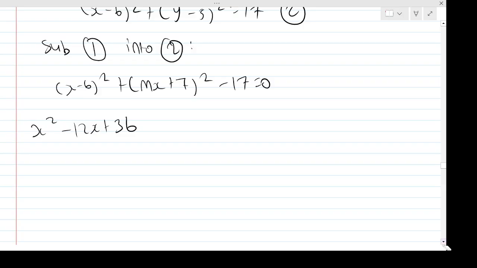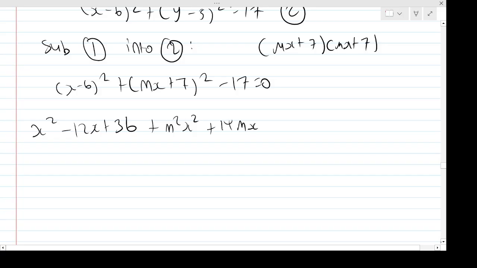Now, this is a nicer one because it's only 2 terms. I can do that in my head, but if you're a bit uncomfortable, you can do it manually somewhere on the page and expand it one by one. Here, if you do that expansion, you get m squared x squared, mx times mx is m squared x squared, then mx times 7 is 7mx, another one, plus 14mx, then 7 squared is plus 49, minus 17